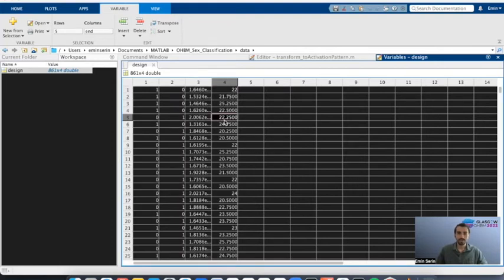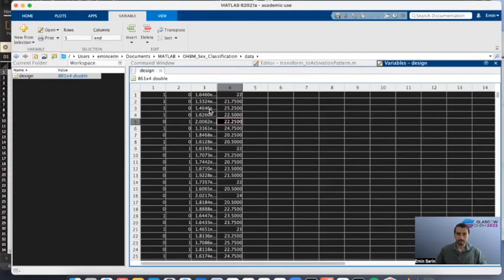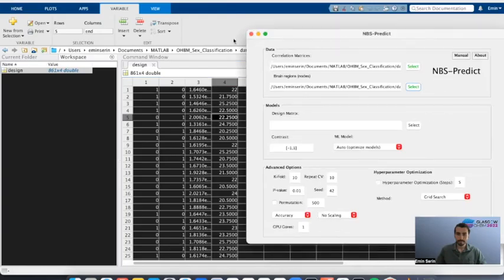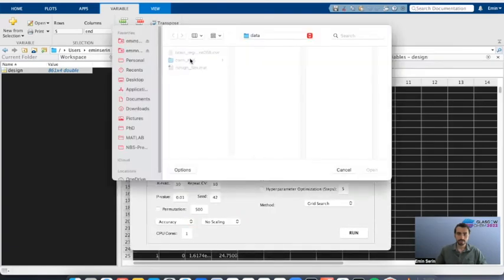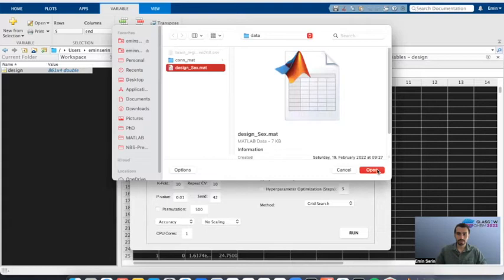Of course, it should contain more columns if you want to control more confounding variables in your analysis. Yeah, just going back to the GUI. Again, to load the design matrix, hit the select button here and select the design matrix, design sex mat here.